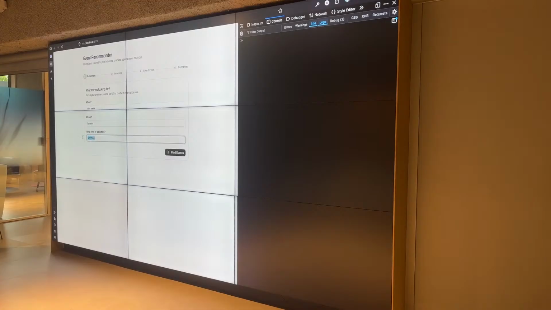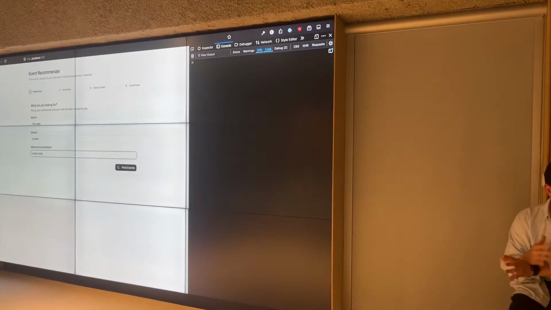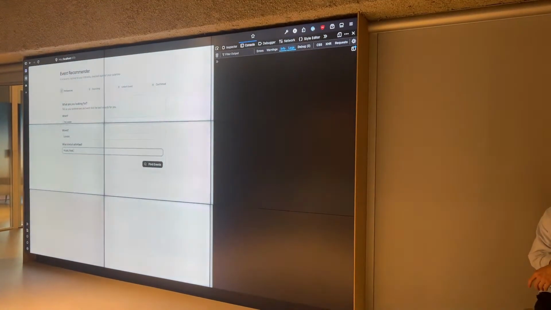Or I can say something more like music, food. You can give it a list of activities. It opens up so many opportunities. You could do this before, but if you were to build this in the pre-AI era, it would be a whole feature in itself.